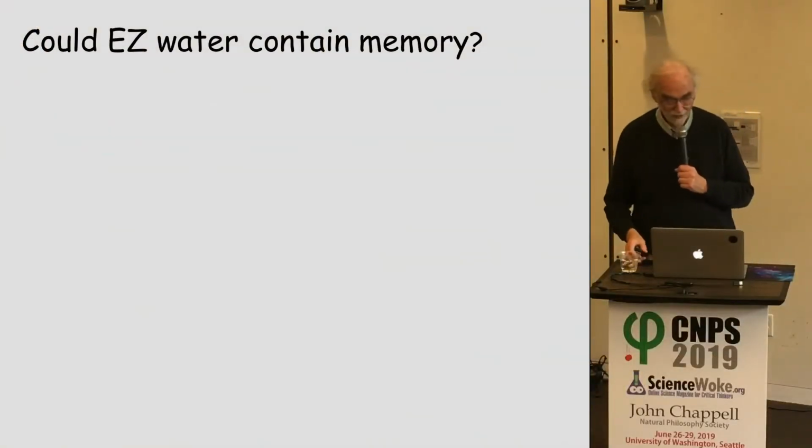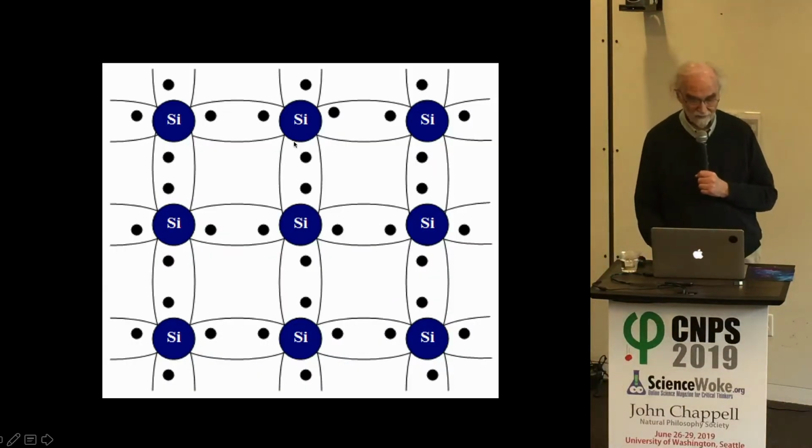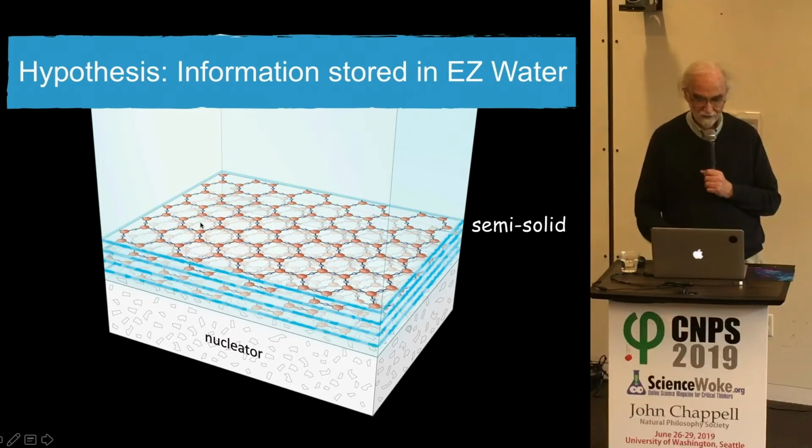One of them is when we think of memory, we have to think of a memory stick, and it's pretty dense with information-carrying atoms, and typically looks something like this, with silicon atoms arrayed in a 2- or 3-dimensional lattice. Each one is regularly positioned. And as you know, if you can address one of these, it's either on or off, or 0 or 1. It's 2 different states, and that gives you information. Now, if you look at the EZ lattice, it's very similar, because we have oxygens and hydrogens that are situated regularly, both in this direction and also in the Z direction.